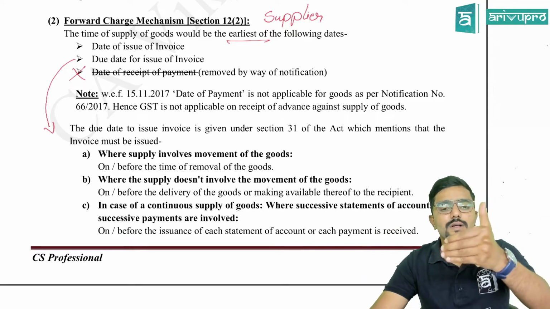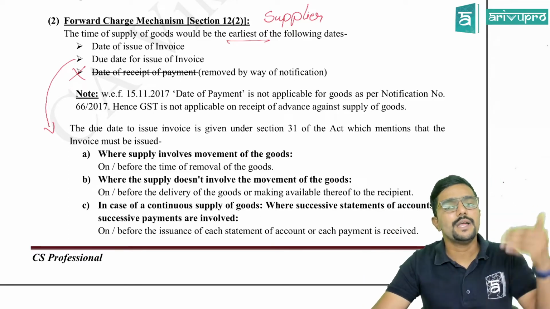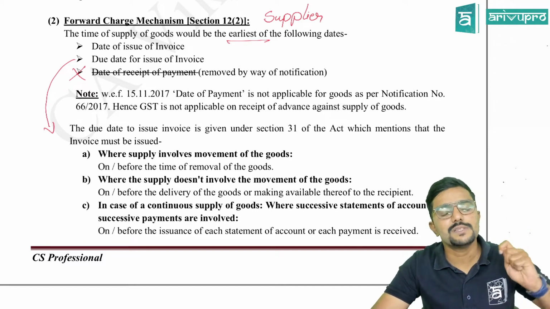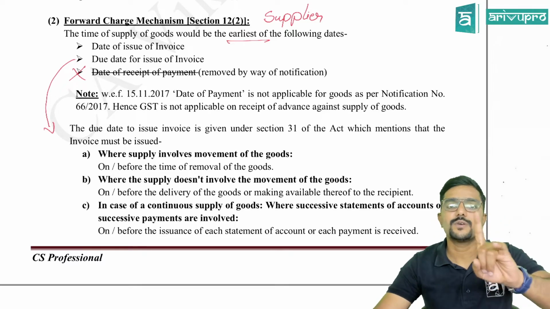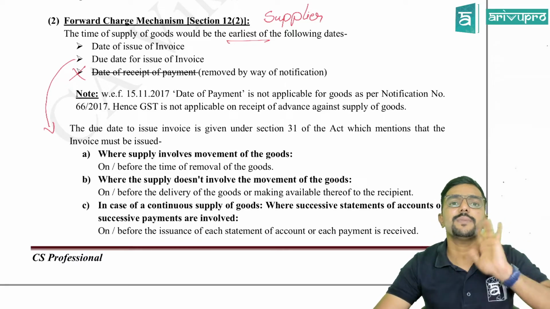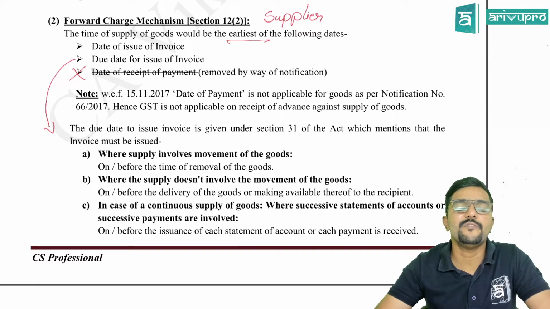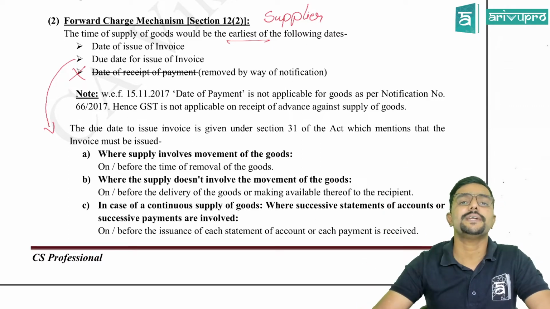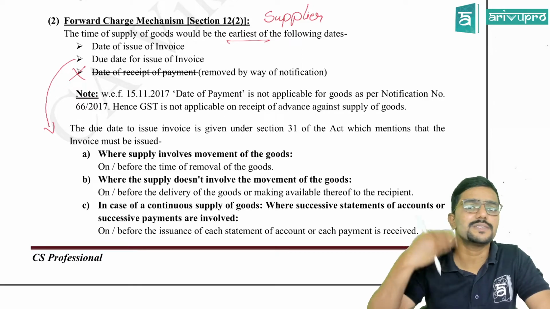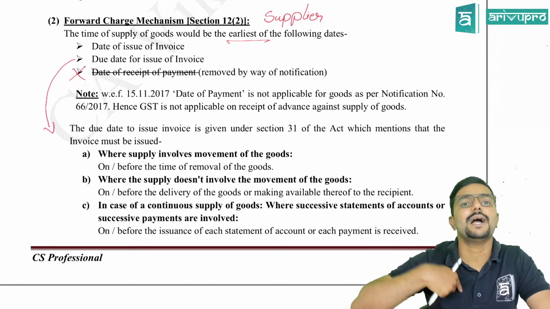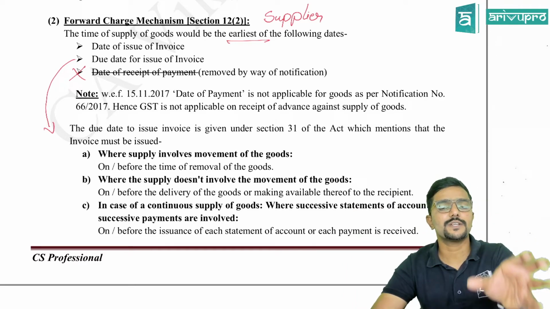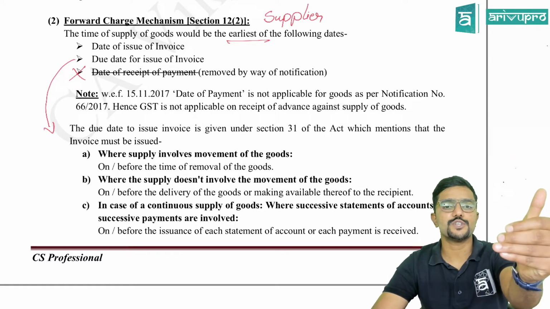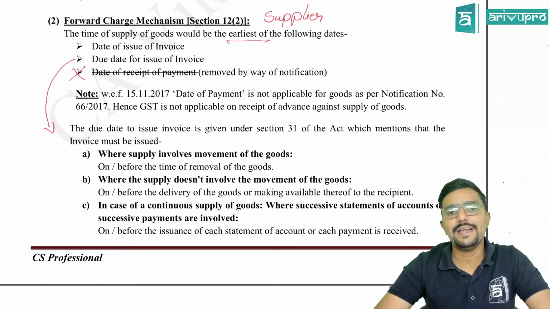So time of supply of goods means actual date of issue of invoice or due date of issue of invoice. Clear? Sir, assume I am supplying goods to you. I have received some advance from you for which I will supply goods in the next month. So on the advance, am I liable to pay tax? No. For goods, if you receive any advance, the supplier will not pay tax on it. Then when will he pay tax? When actual supply takes place. That is in the next month, when I have agreed that I will supply goods to you. At that point, I am liable to pay tax. Clear? So in simple terms, on advance received for goods to be supplied in the future, there is no tax to be paid. Tax will be paid when actual supply takes place.